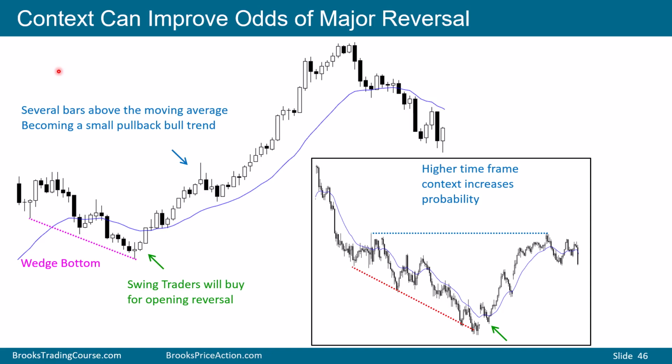Here's a higher time frame chart. We've been in a bear trend, we pulled back and we sold off for quite a bit. So it's a spike pullback channel. We're breaking below the channel right here. And today, what happened? We gapped up on the open. We gapped up and we sold off, forming a higher low major trend reversal. So buying above that green arrow over here is actually buying a higher low major trend reversal on a higher time frame chart. And you can see what happened. The market rallied for the next day and a half, testing the top of the bull channel.